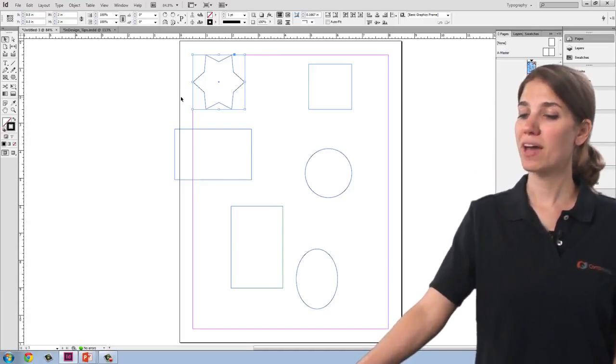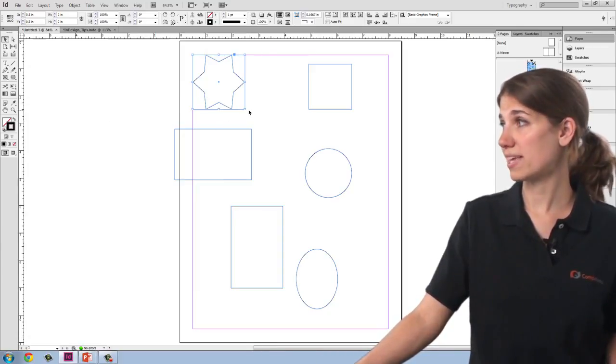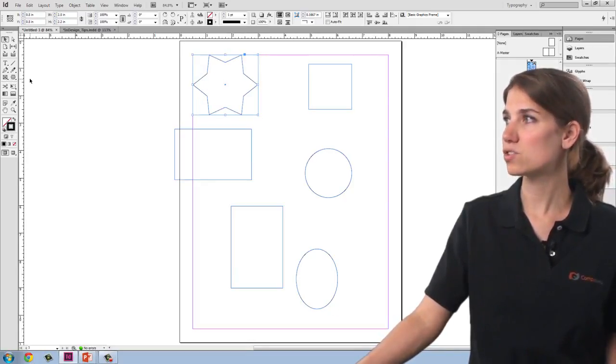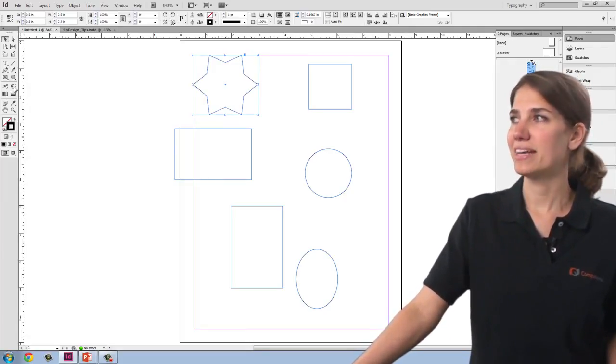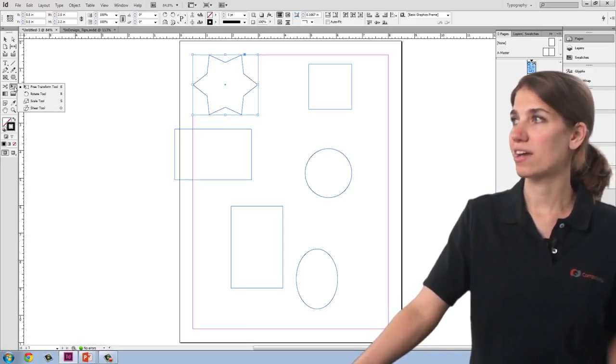In addition to moving my object, I also have the option to resize, which is make it bigger and smaller. I can do that with the handles, or I can do that with something called the scale tool. There are a number of object editing tools under the free transform tool, which looks like a triangle sticking out